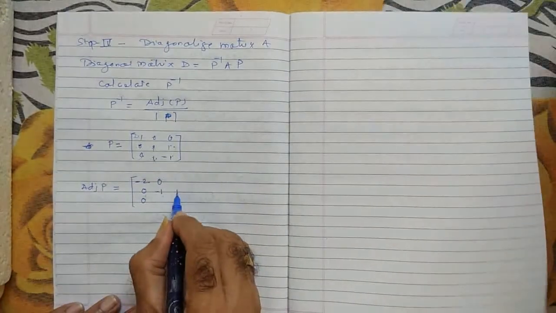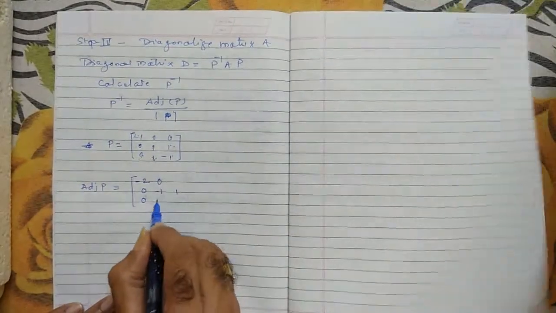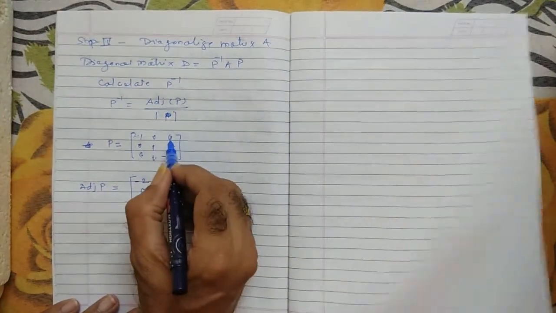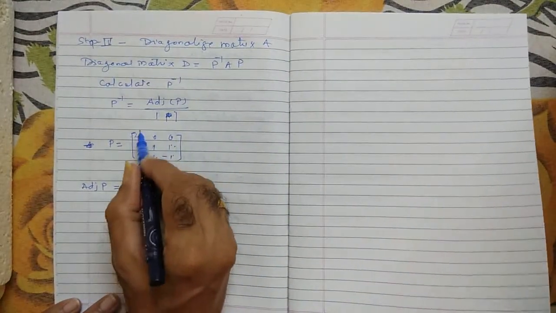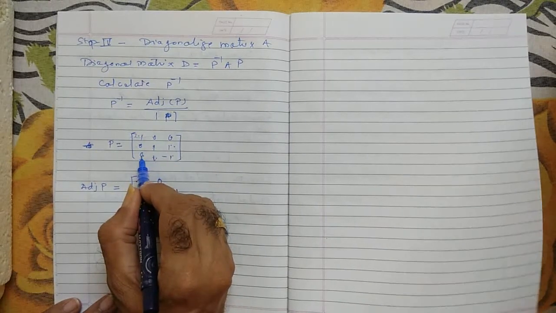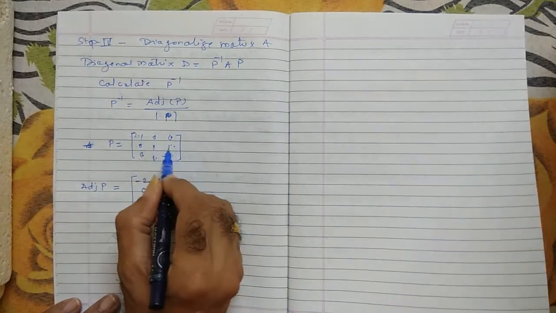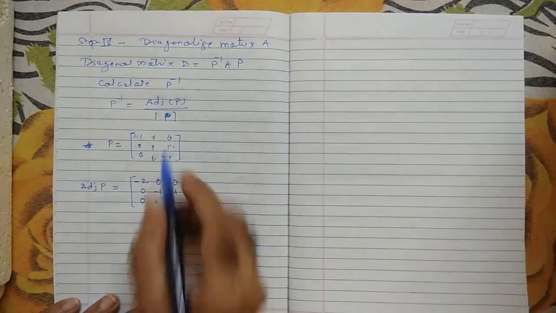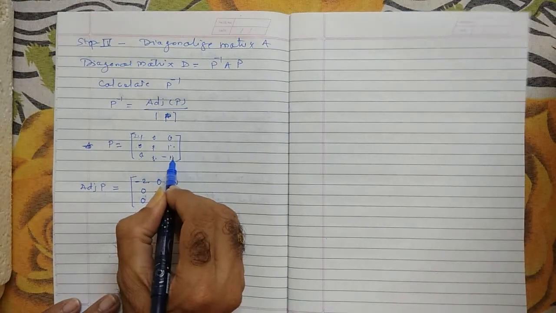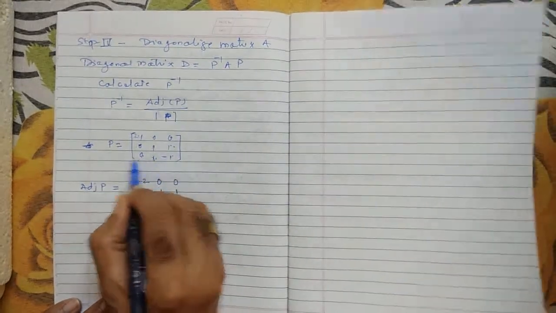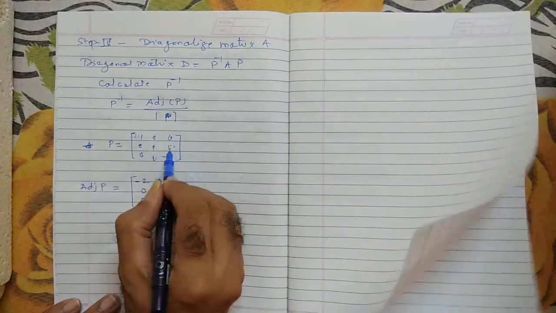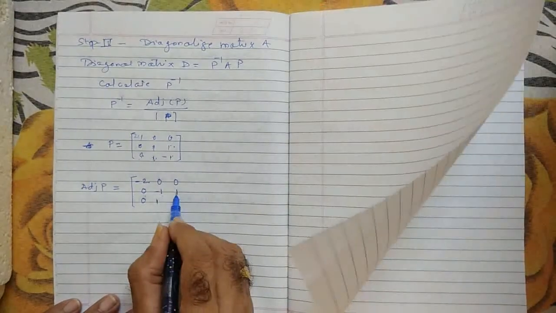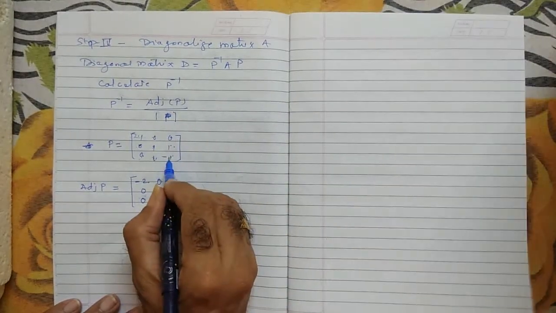So here we will have the 1. Now for this one 0, we have to omit the first column and the third row. So here is 1 into 0 and 0 into 1, so I will have 0 here. Now for this one we have to omit the third row and the second column. So 1 into 1 and 0 into 0, so that means we have the 1 here. Okay, now again here is the 1.